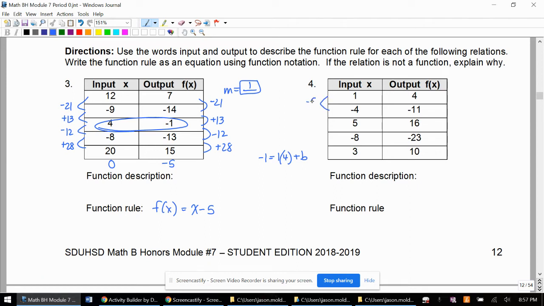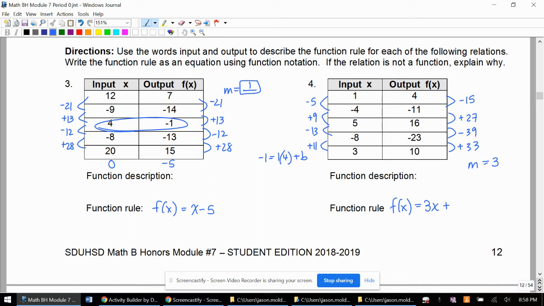This one is going down by 5. This one goes up by 9, down by 13, and up by 11. This goes down by 15, up by 27, down by 39, and up by 33. And so all of these, negative 15 over negative 5, and 27 over 9, and negative 39 over negative 13, and 33 over 11, all equal 3. All right, so our function rule is f of x equals 3x plus,